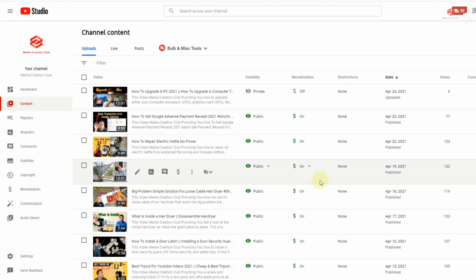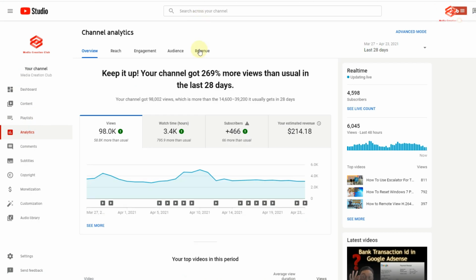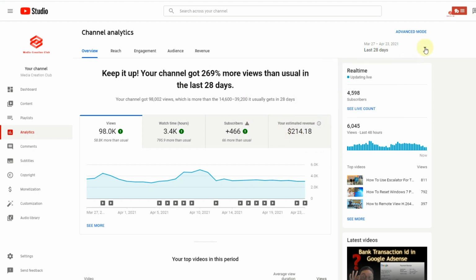You can see here the monetization is on, and if we check the analytics, even our revenue is all here. So it doesn't affect any monetization once we change the Google AdSense during the monetization.